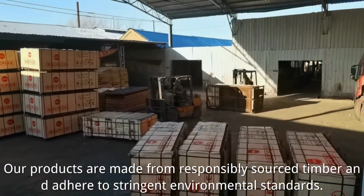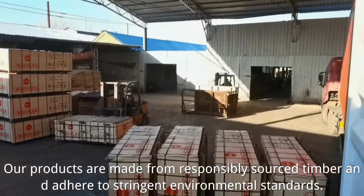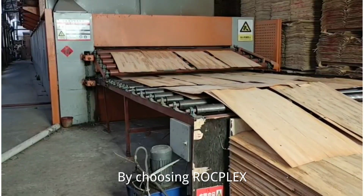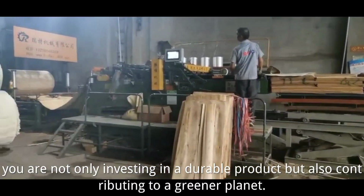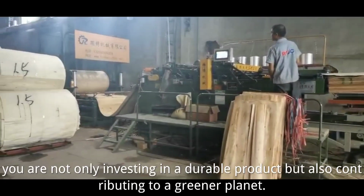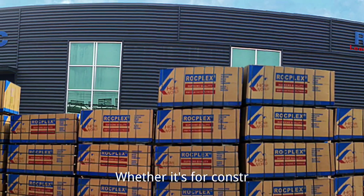Environmentally friendly choice. ROCPLEX Plywood is committed to sustainability and eco-friendliness. Our products are made from responsibly sourced timber and adhere to stringent environmental standards. By choosing ROCPLEX, you are not only investing in a durable product but also contributing to a greener planet. Versatile applications. Whether it's for construction,